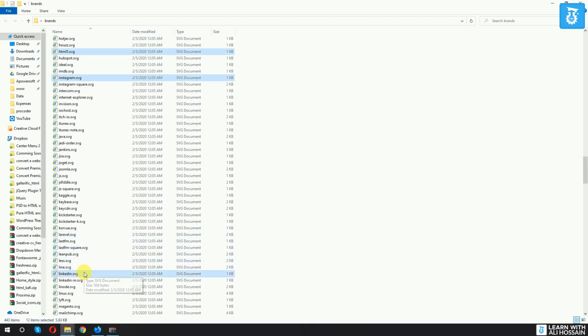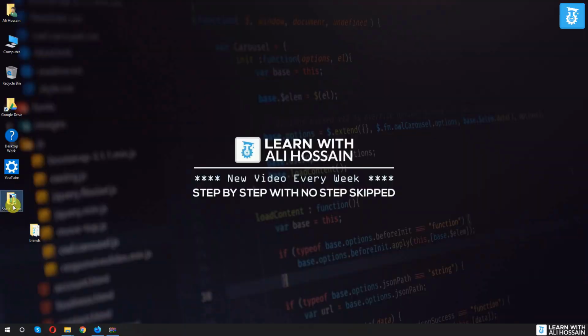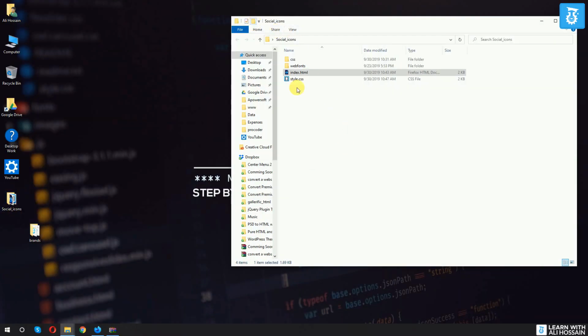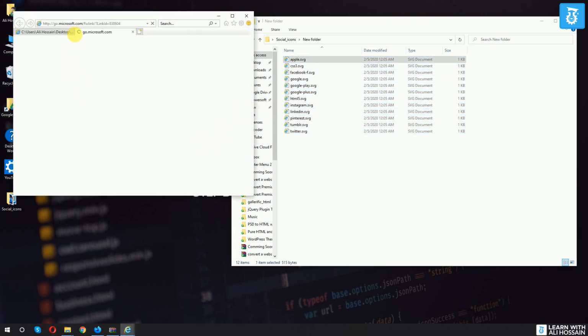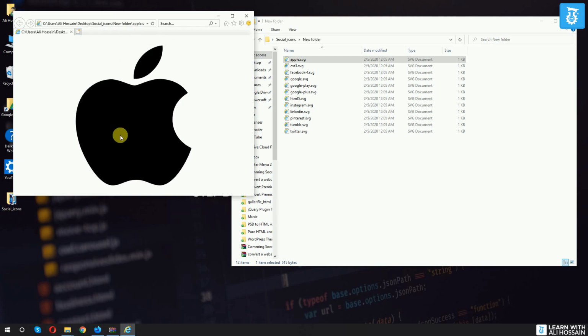So I will copy these files and I will create a new folder here in our main folder. No problem, it can be a new folder, and I will use only these. I don't need brands, so I will remove all of them. So on my website I want to use these. You can take some time and select the mostly used social icons so that it will be easier for you. Now actually for reducing video size, I selected only some of them from here. If you're interested to see how they look, you can open them. If you double click this, you will see that it shows you like that.